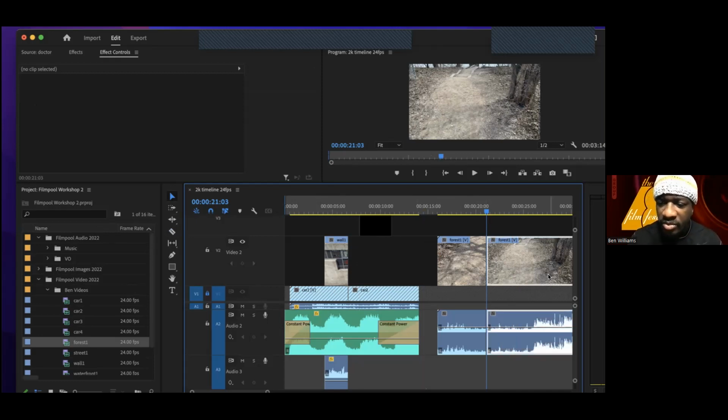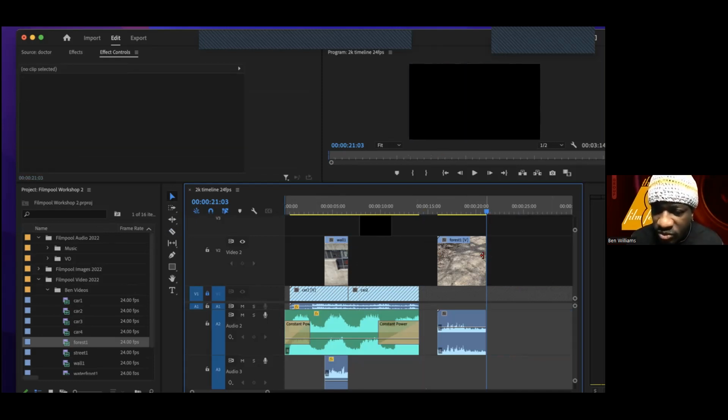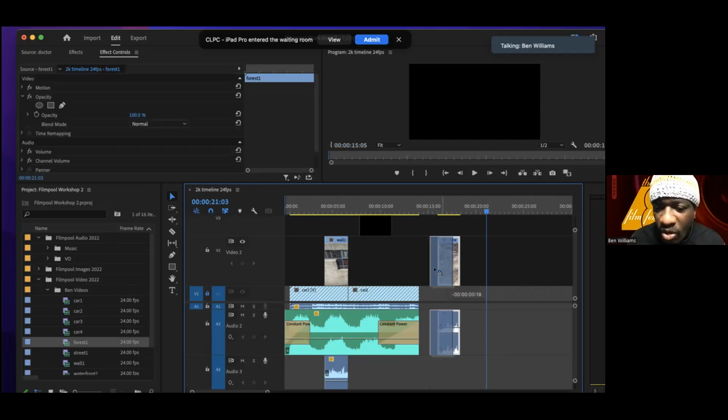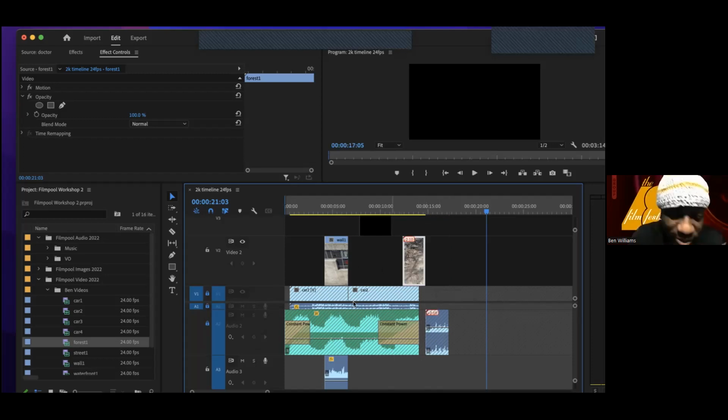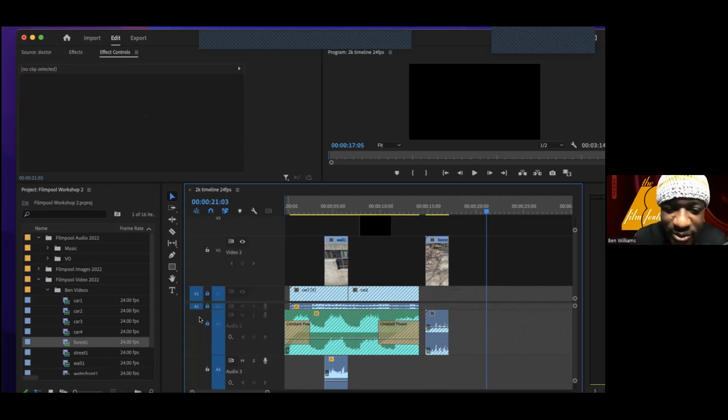It's the arrow, delete, and let's even trim this down a little bit more. Because if I move this over, it's going to overlap this. So I also want to lock layer 1 and 2 because I don't want anything to change there. Oh wait, before I lock layer 1 and 2, I need to first move